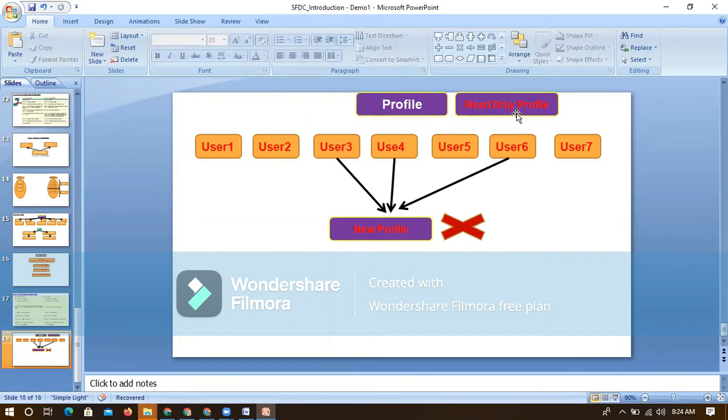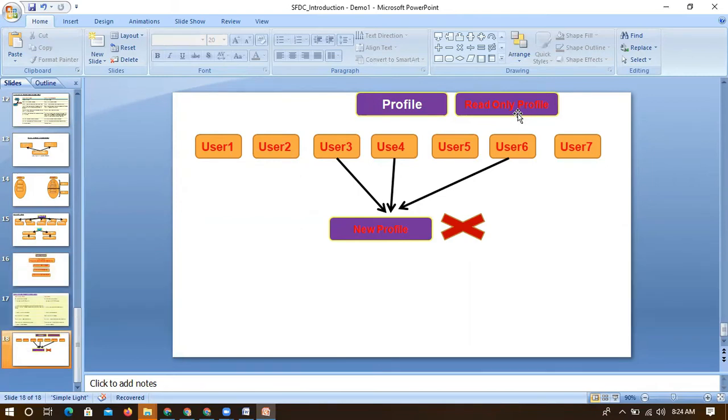So they need to have such actions. They can only access a limited application, or they only have access to read, so they can't even edit or modify. Let's consider this profile which we are showcasing, a read only profile. For tab level, app level, object level, field level, they have access only to read.